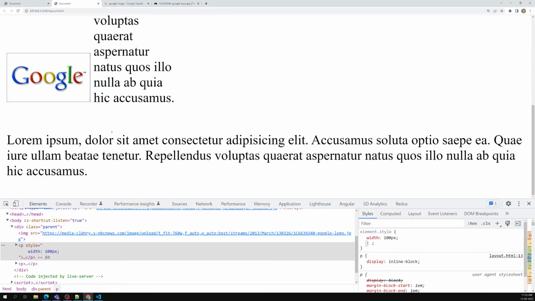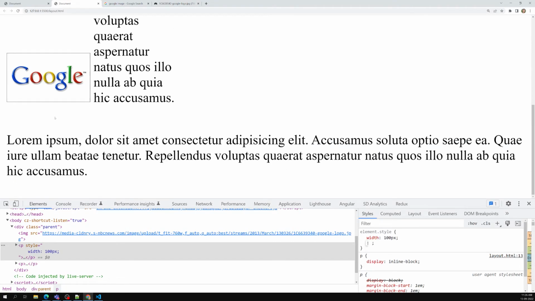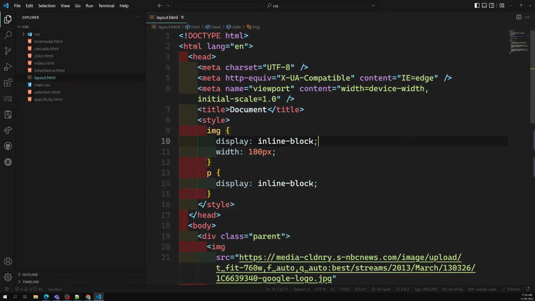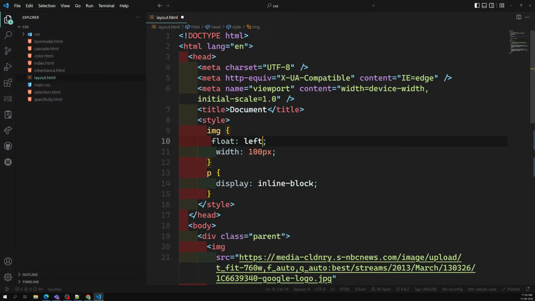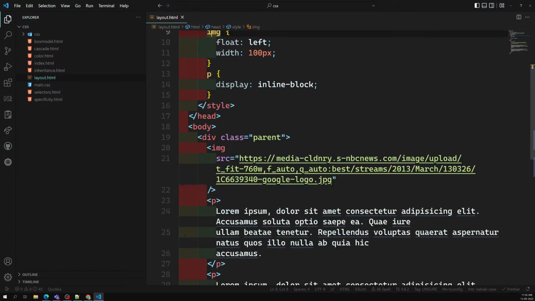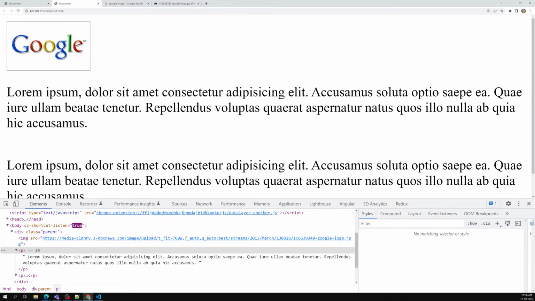If I don't want this type of behavior, if you try to see, there is a lot of gap left behind this one. So for this reason, instead of making this display inline block, we can make the image float left. To float left means it will float on the left of the screen as if the element is not available. Then what the paragraph will assume is